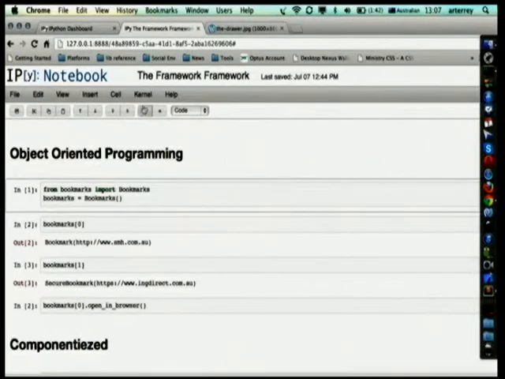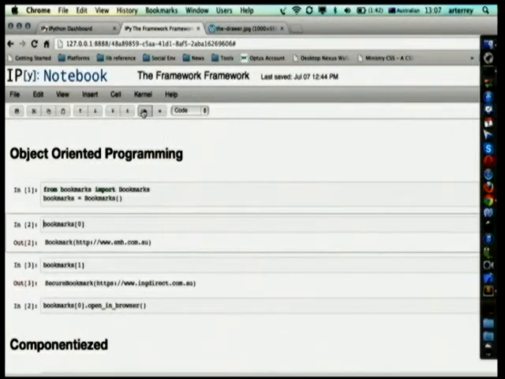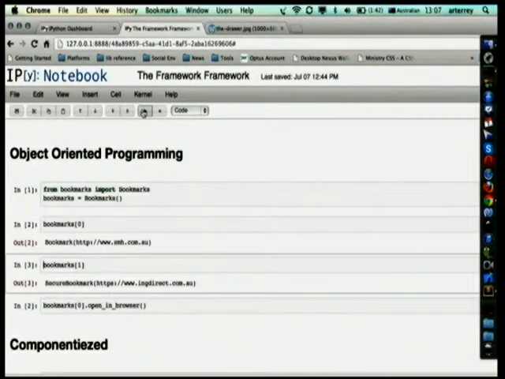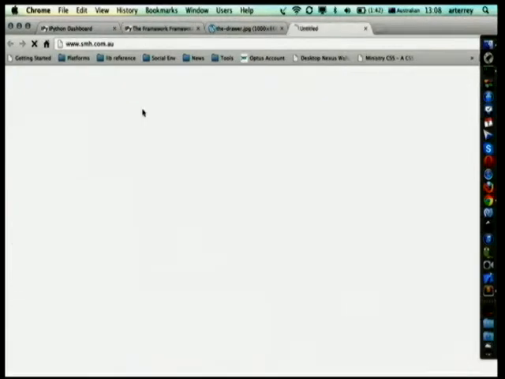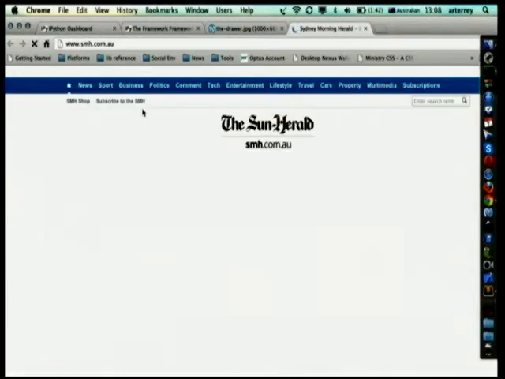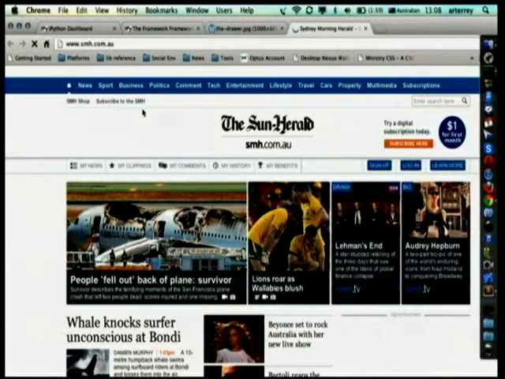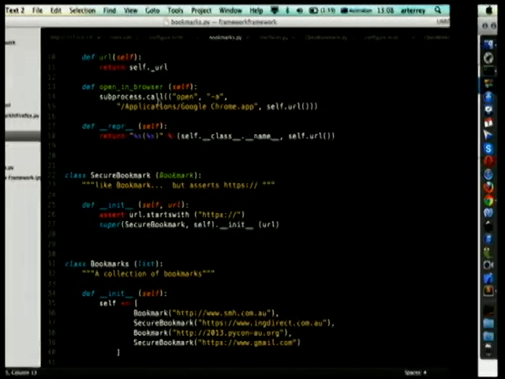Nope, that's not the key, that's the one there. So I've created bookmarks, and there we have the first one and the second one. And then it has a method on the bookmark. So if I grab the first one, I can do open in browser, which should open up in a new browser. And hopefully we've got enough internet to get the Sydney Morning Herald on the browser. Okay, so